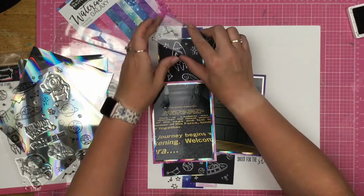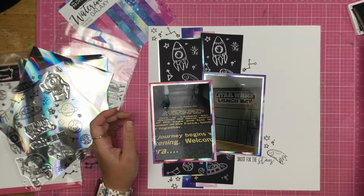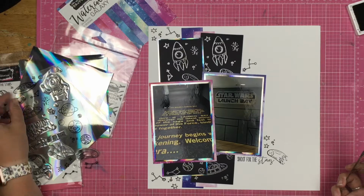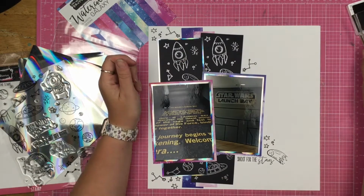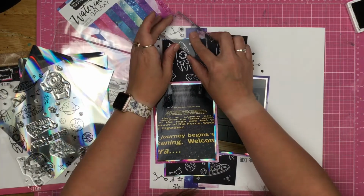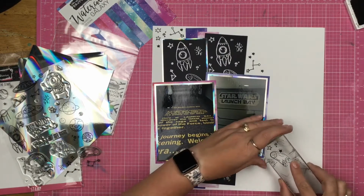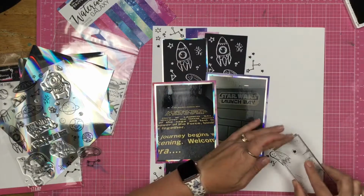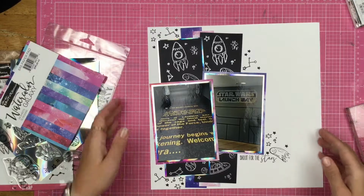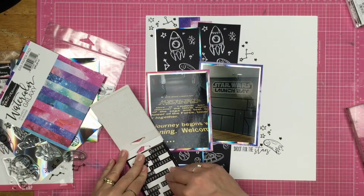So I'm just going to go ahead and keep adding these little bits so that I have more decoration on the page. The photos really aren't a decorative photo, so I don't want my layout to be super decorative. And that's just because that's the way I was feeling today. Sometimes I have pretty plain photos and I pull out my more is more philosophy on my layouts. But this day I was feeling a little bit less is more, but I needed something. I needed a little bit of extra, not a whole lot, just a little. So I'm going to go ahead and figure out